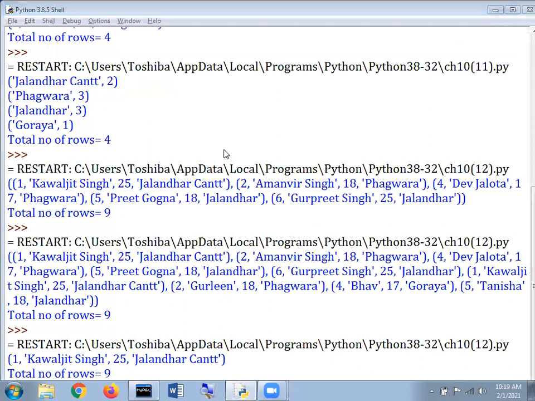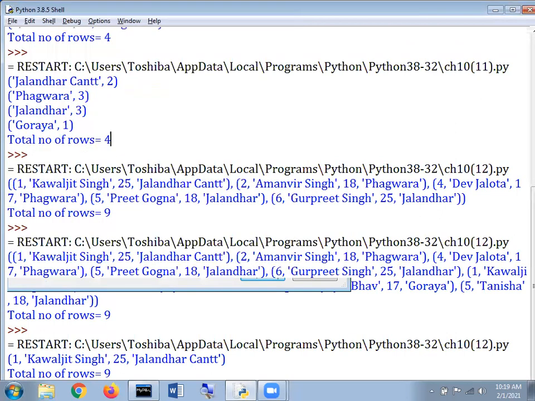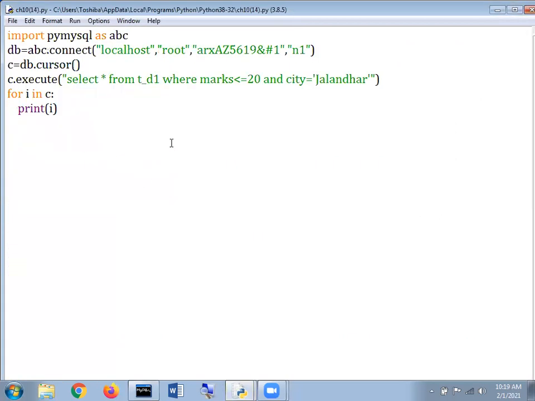Okay. Now what did I do? I will open one more for you. I want to check, let me open 14. Yes, 14, where we will get some clarity. What will be there? Now look here, I am not going to write a localhost, I am not going to mention a user, I am not going to use a password, I am not going to write here a database. Even then the program displayed the data. Remember this in your brain that here we have not mentioned anything, whether it is a database, a user, root, or a password. We have not mentioned anything and we are supposed to display only the content.